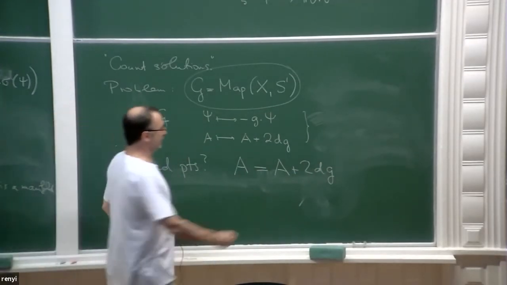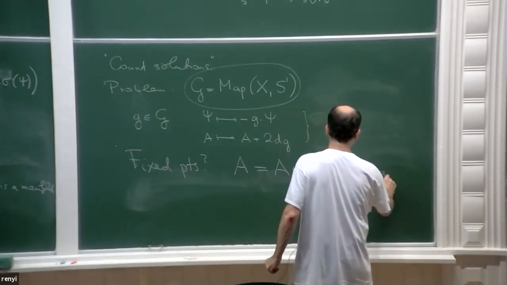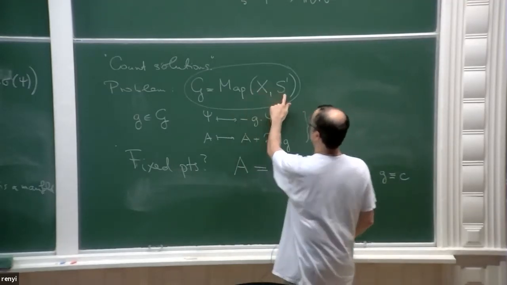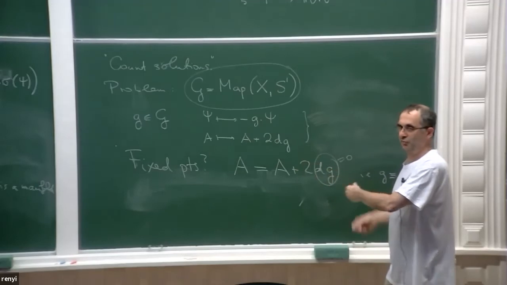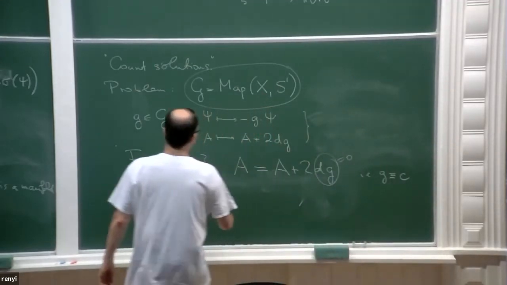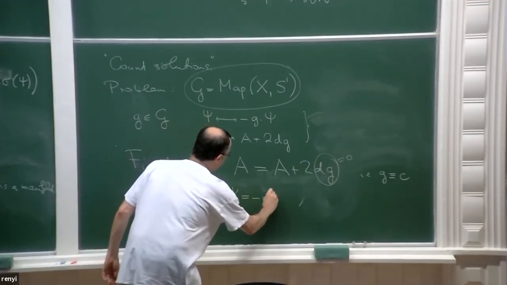This just means that this term should be 0, i.e. G is some constant function. So it maps from X to S1, and it has to take one value for every point of X. But then psi being equal to minus G psi